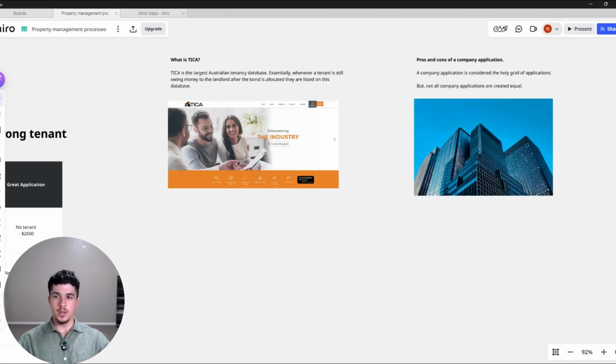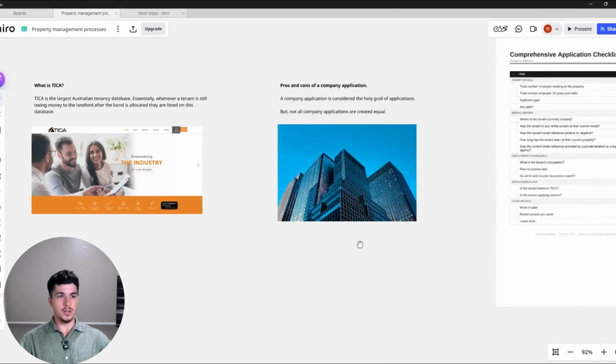Topic 3 is a common misconception when discussing applications, and that is that company applications are the best. They're the holy grail of tenancies. Not all companies are equal, and thus not all company applications are equal. A company, you can pay $1,000 online and register yourself as a proprietary limited company. A company could be one person that has just started running their business. If that is the case, they're unlikely to be able to afford rent. A company could also be a large company, such as a mining company, which is very, very common in Emerald,